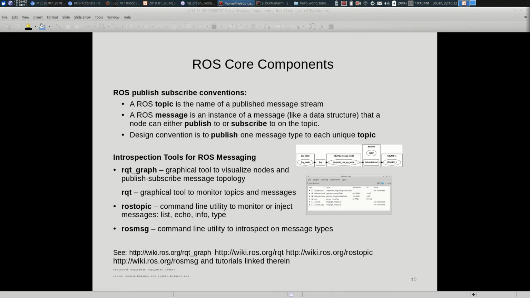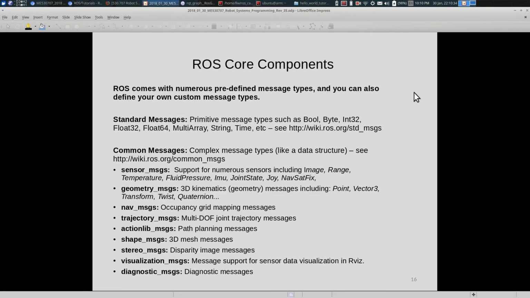So we can go take a look at that. rostopic list. So I can say rostopic echo edgeemip command,